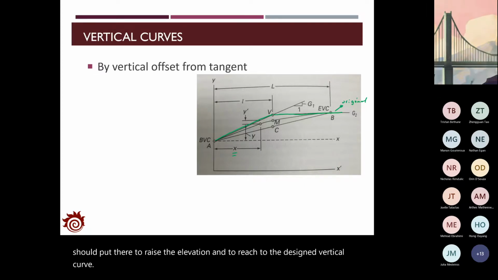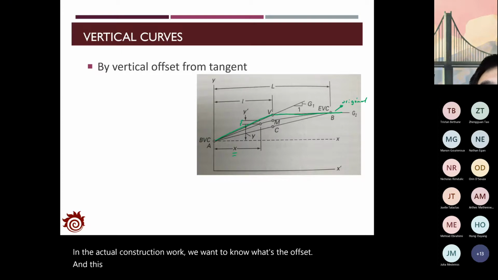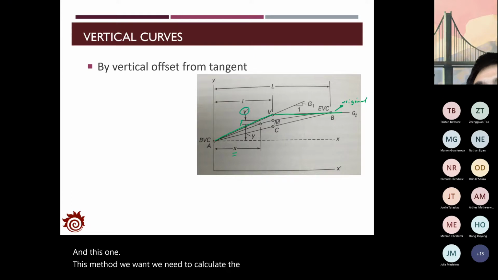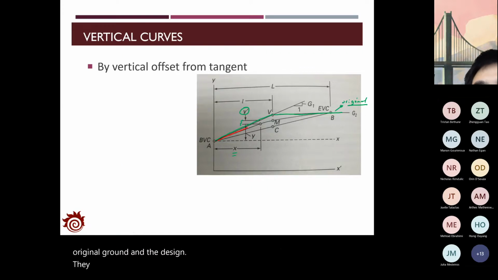So in the actual construction work, we want to know what's the offset, and in this method we need to calculate the elevation difference between the original ground and the designed vertical curve